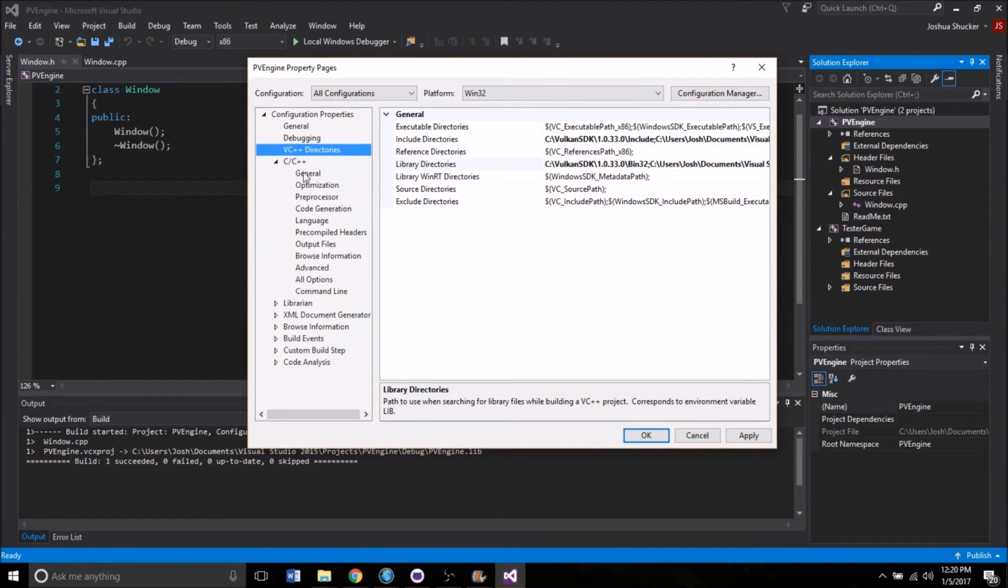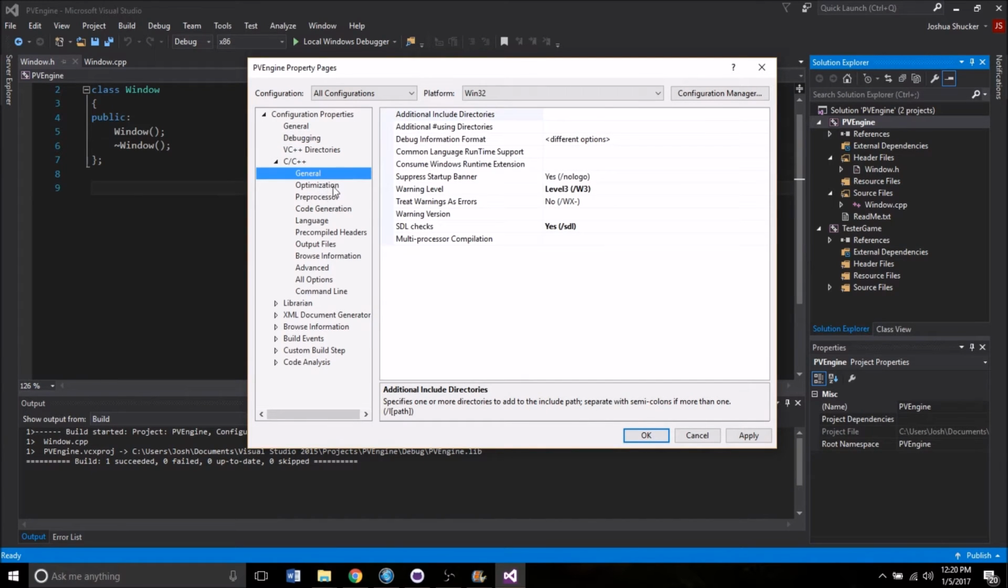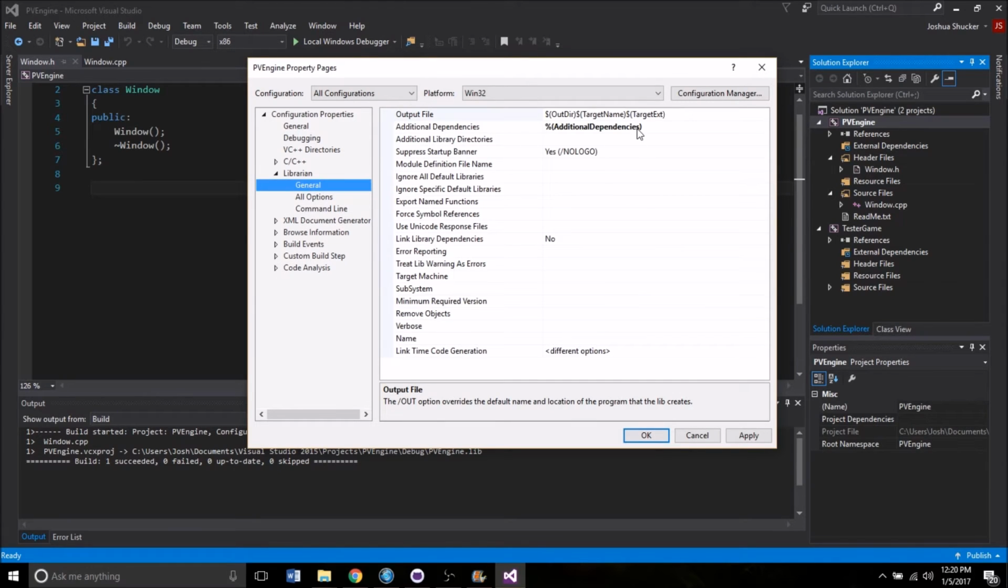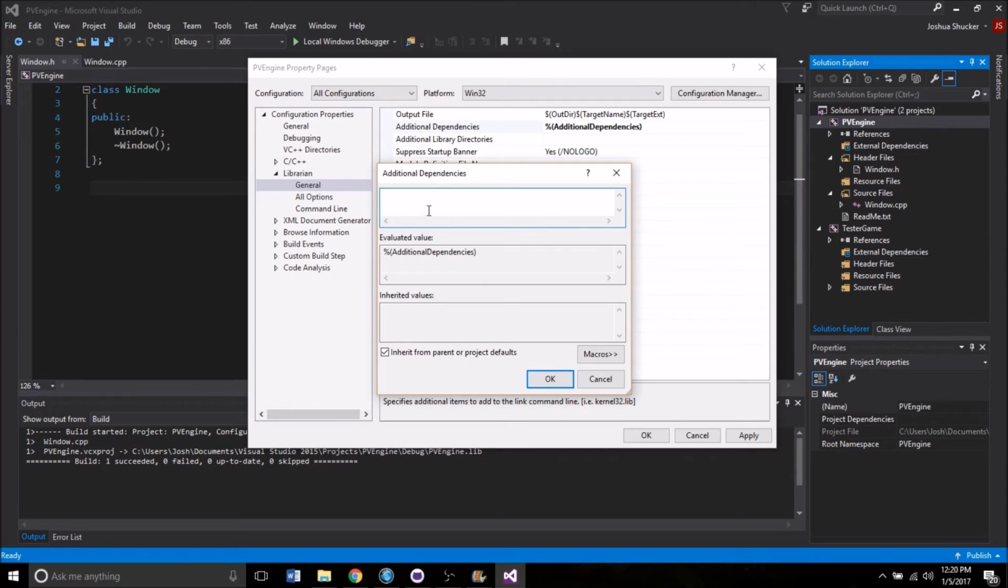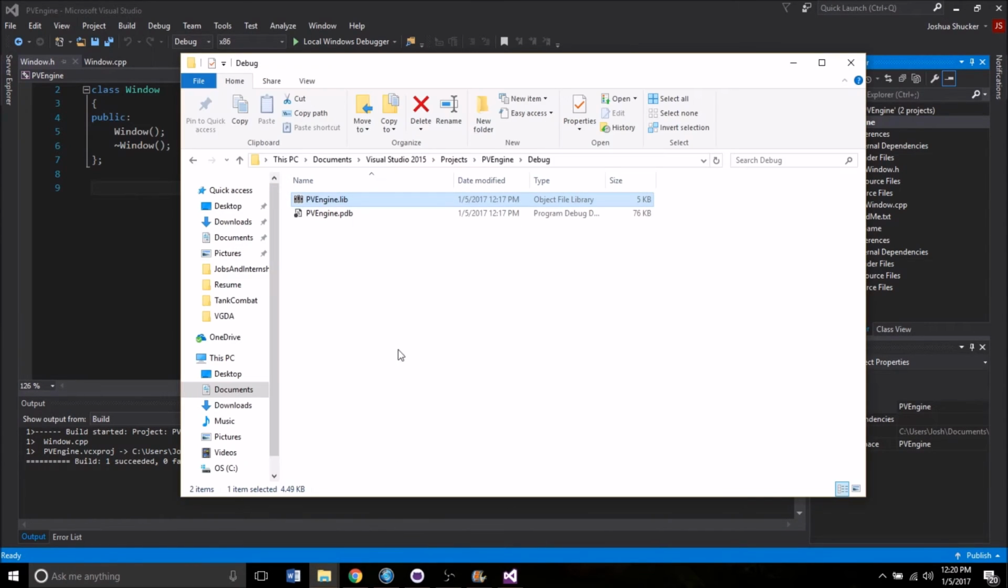And if you open up C++ right here, I'm sorry, Librarian, that's what we need. And there's additional dependencies. We're going to open that up, and you need to actually type out the name of the library files. Now, I'm just going to type those, but if you want to actually see where they're coming from,